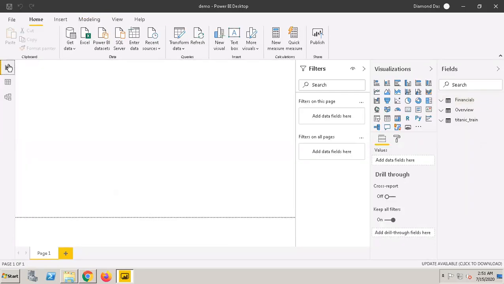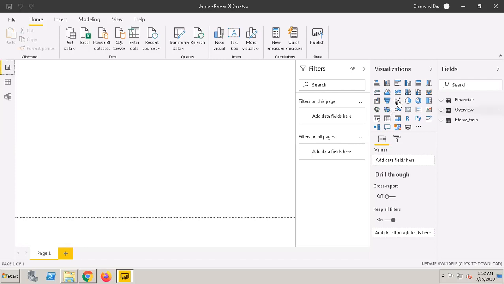So let's start creating some reports. What is the scenario? First you have to identify a problem statement: what is it you want from your data sets? For now, I want to analyze the different industries and how they are doing in terms of the number of employees and in terms of growth. What is the relationship between the growth and the number of employees in different industries? So for that, let's start.